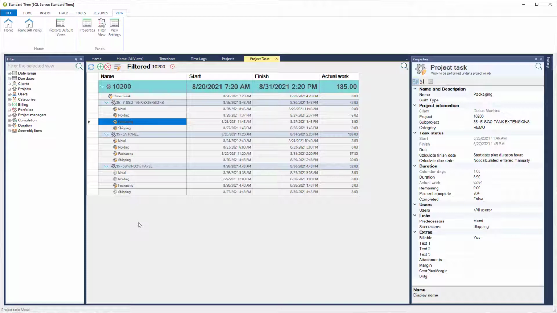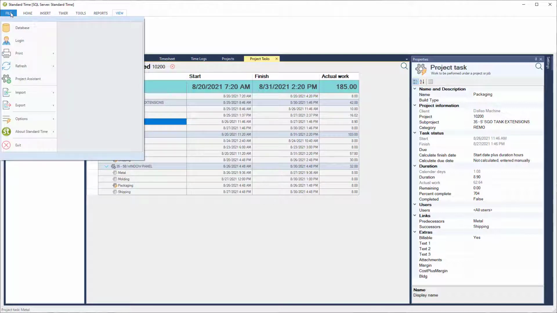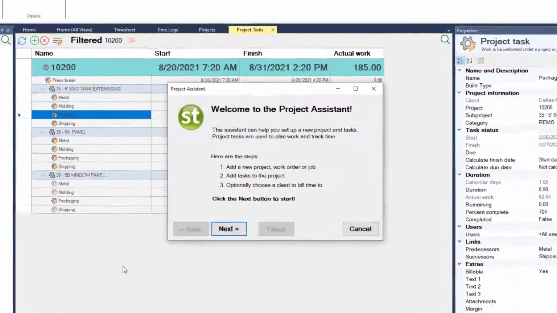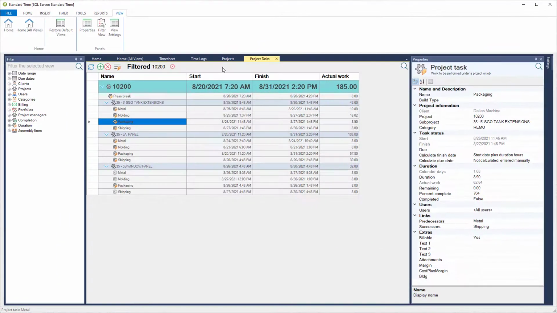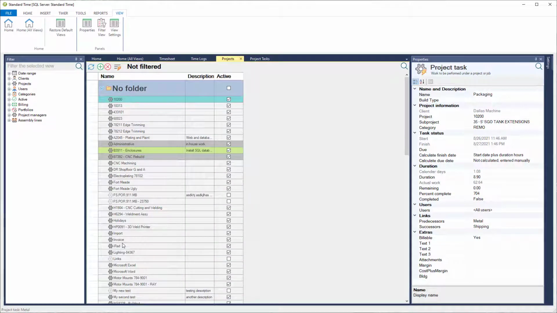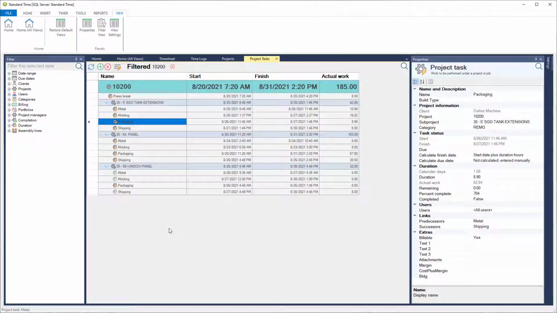So by way of review, you would normally start by going to the Project Assistant to create or duplicate jobs, which will add new items to your list of projects and project tasks. So go ahead and get started with this. Create some new jobs and tasks, and then in later videos we'll take a look at other things you can